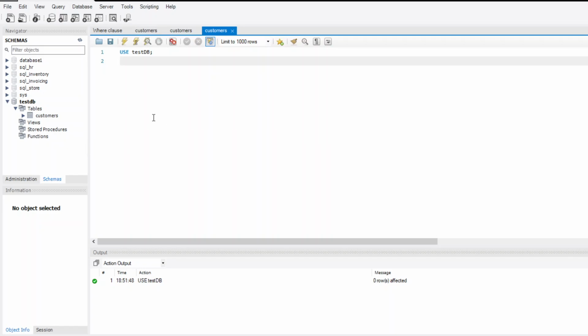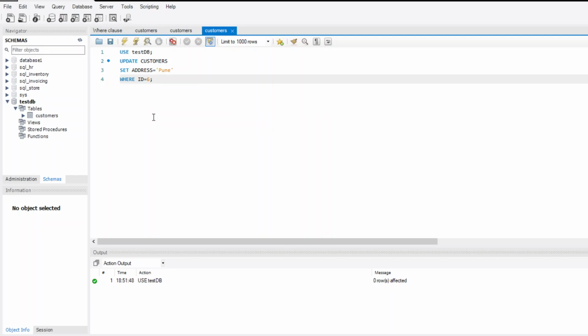So I will write the update query, which is update, then table name, which is customers, then set, then column name which is address equal to, then the value we want to change, Pune, then we will use where clause, id equal to 6, then semicolon to terminate the query.